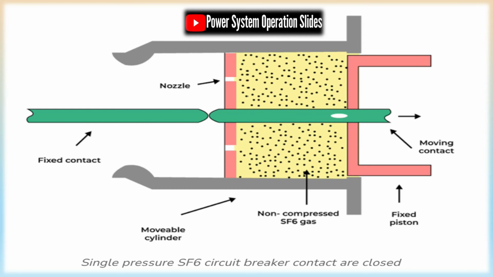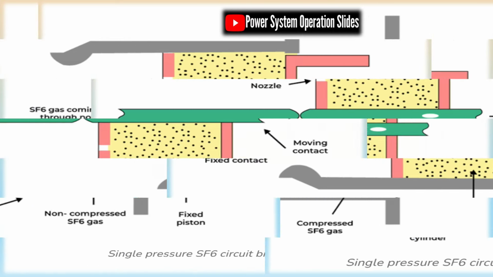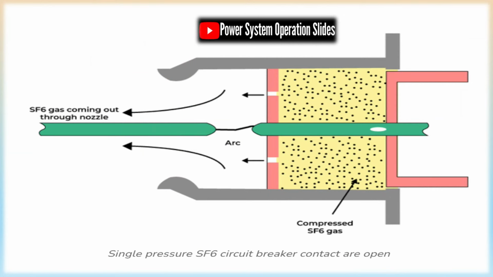In addition, the drive mechanism of the circuit breaker can be of the hydraulic or spring-loaded type. Construction and main components. A complete assembly of a single pressure puffer type SF6 circuit breaker consists of the following parts: interrupter unit. The separation of circuit breaker contacts, quenching of the resulting arc and interruption of current takes place